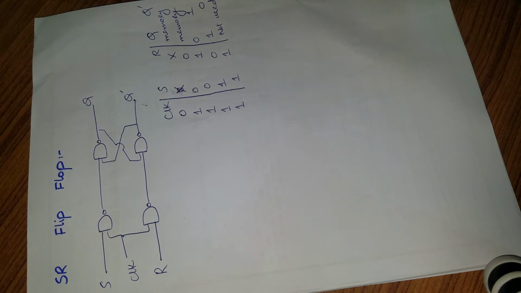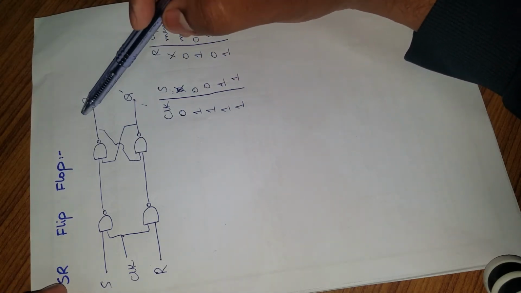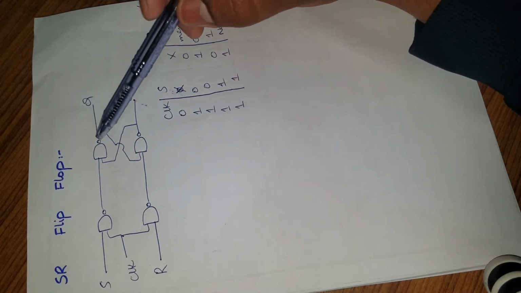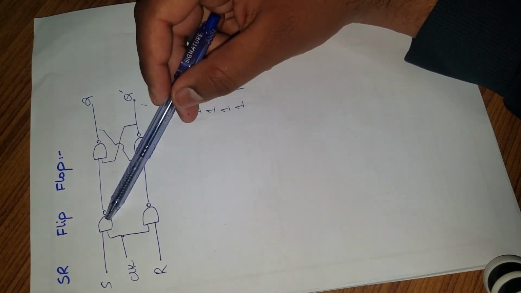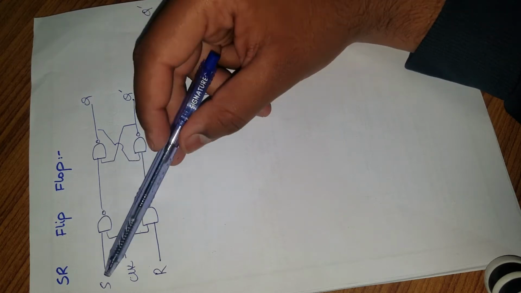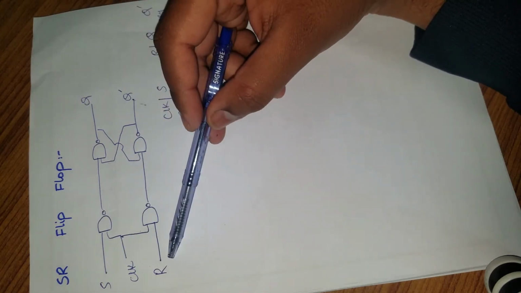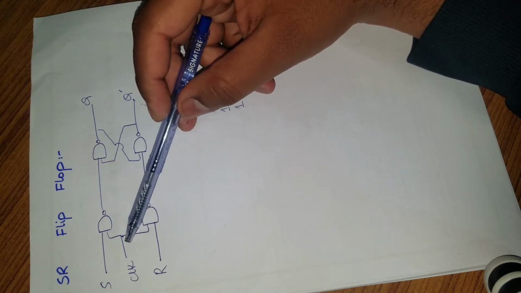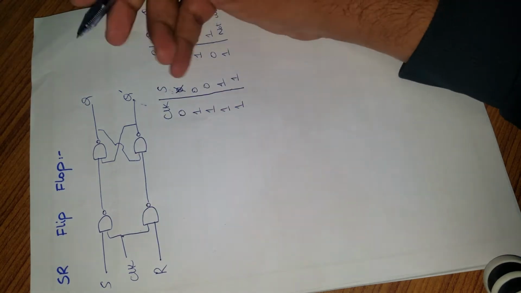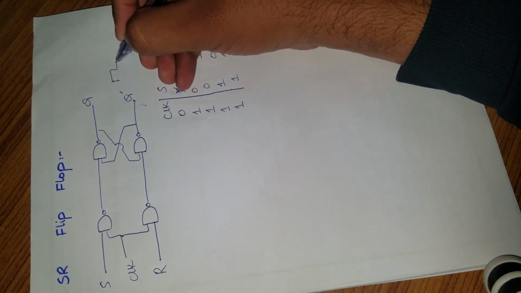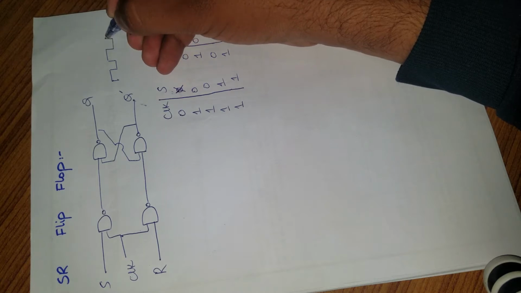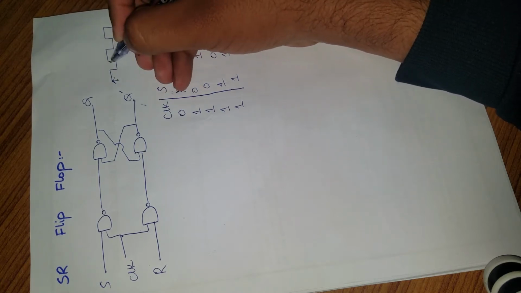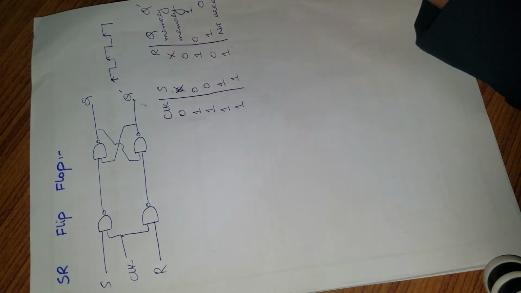First of all, the word flip-flop: when it comes, we should know that we have this type of circuit, and to make an SR flip-flop we attach two NAND gates, and one input is S and the other input is R. As we indicate that it's a flip-flop, both gates share the same clock input. Clock means the input repeats after the same interval of time.